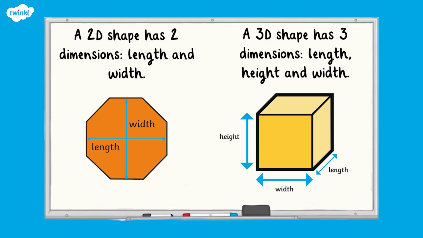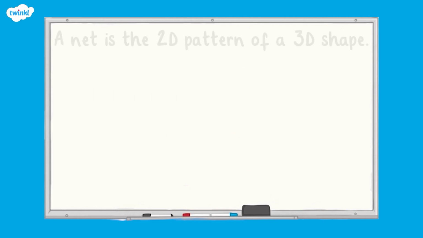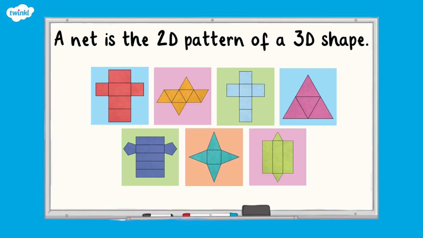3D shapes are solid. They can also be known as polyhedrons. A polyhedron is a 3D shape whose faces are all polygons. A net is the 2D pattern of a 3D shape. If you unfolded a 3D shape, unfolded the faces so that they lay flat, you would get the net of